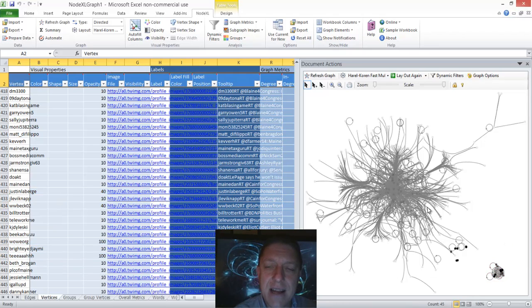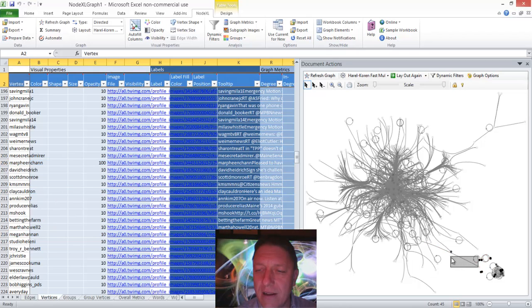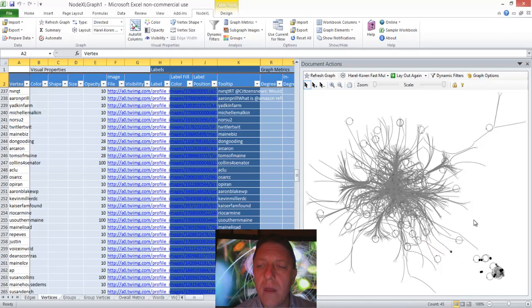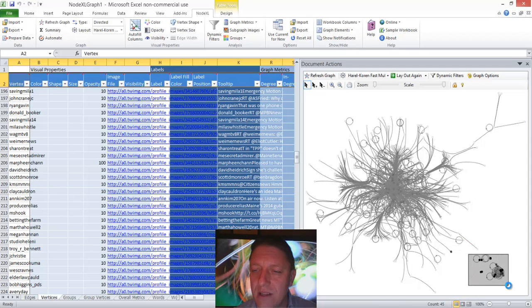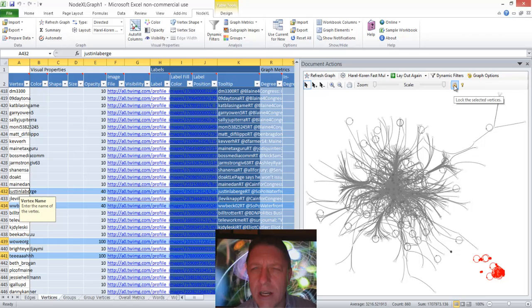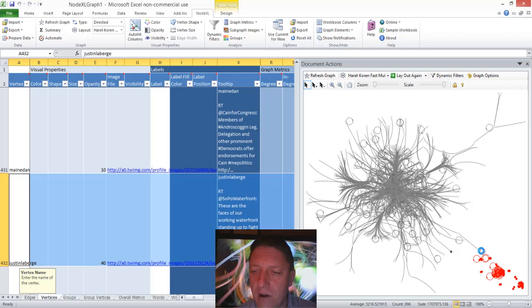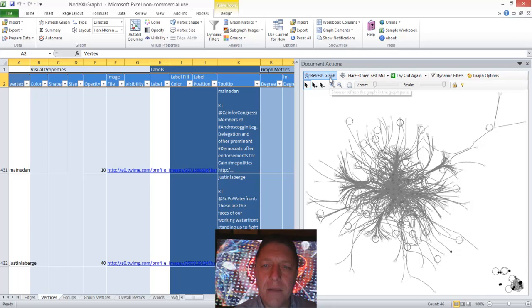Wow, that tells us that that kind of centrality is not always the same as something like out degree. Well, I'm going to lock these individuals, these nodes, these vertices, by hitting the lock icon. Okay, and actually I'm going to shove them farther over into the corner and hit the lock icon again to hold them in place. Then I'm going to refresh that graph again.